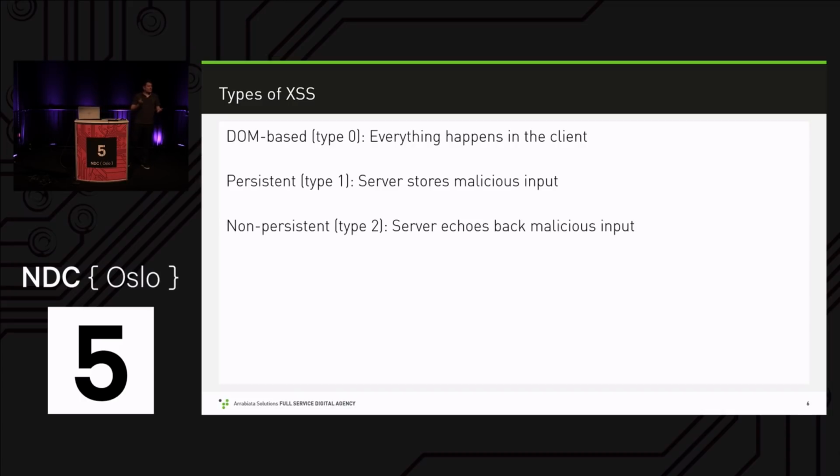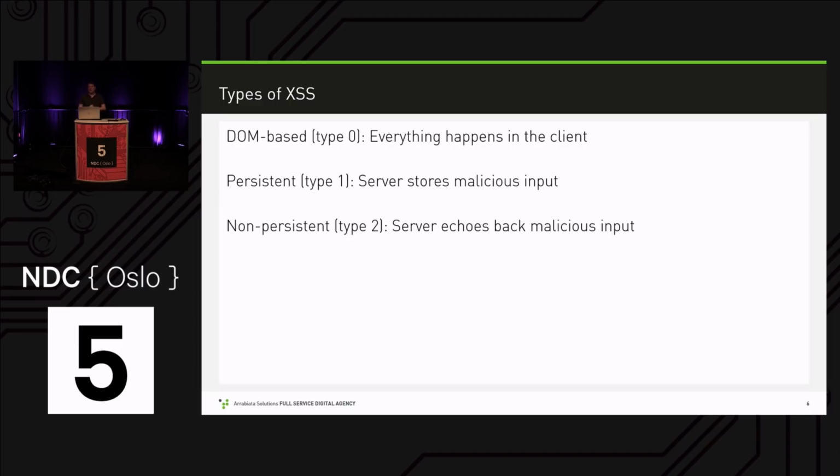Usually when we talk about cross-site scripting, we are talking about type 1 cross-site scripting and type 2 cross-site scripting. Type 1 cross-site scripting is, well, probably the worst of them. Persistent cross-site scripting. So the user sends something, let's say JavaScript, to the server, which stores it in a database, for instance. Which is fine, because the database doesn't care at all about JavaScript. The problem is that the web application later can read out the data from the database and maybe puts it on a page verbatim without any encoding. So whoever then loads the certain page does execute the malicious JavaScript code. So that's the worst thing to happen.